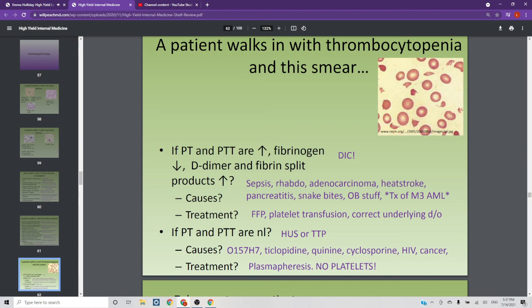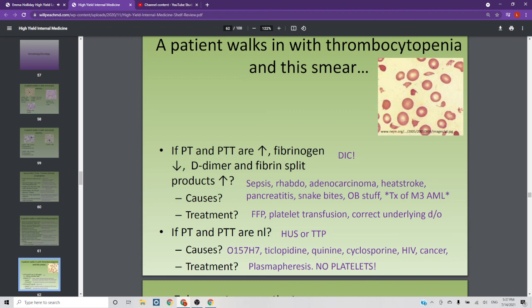The treatment, not much works, right? You got to correct the underlying factor. You can give FFP to replace the fibrinogen. You can transfuse platelets in this scenario, but really, unless you correct what started this whole thing in the first place, you're kind of toast. If the PT and the PTT are normal, but we still have the smear,